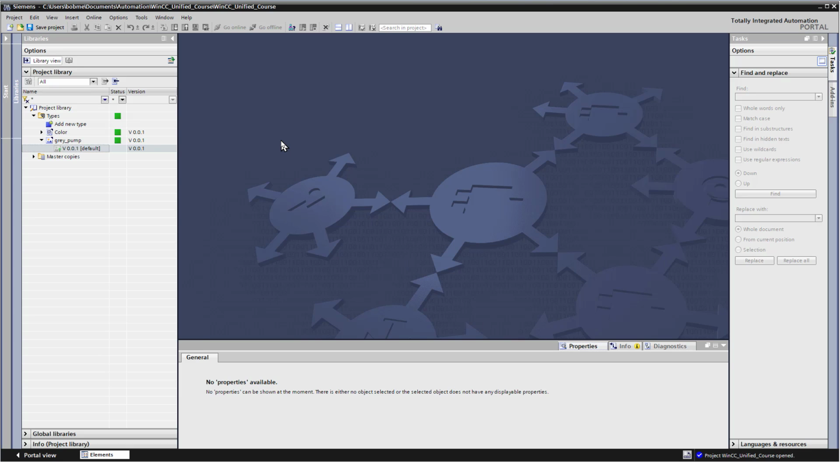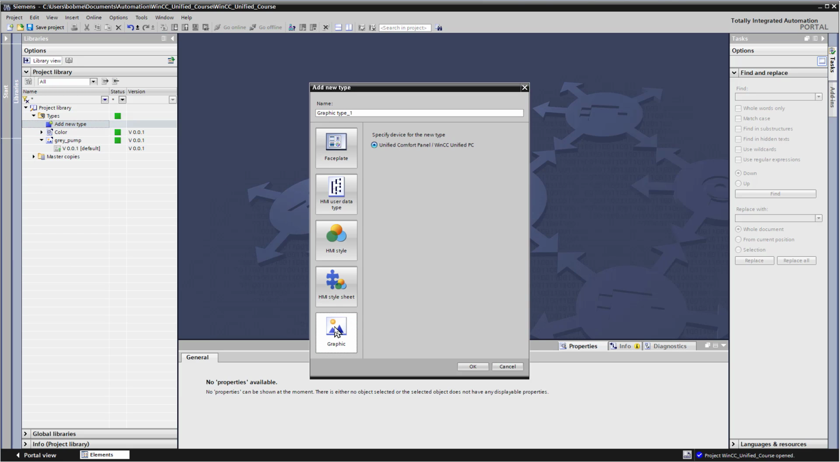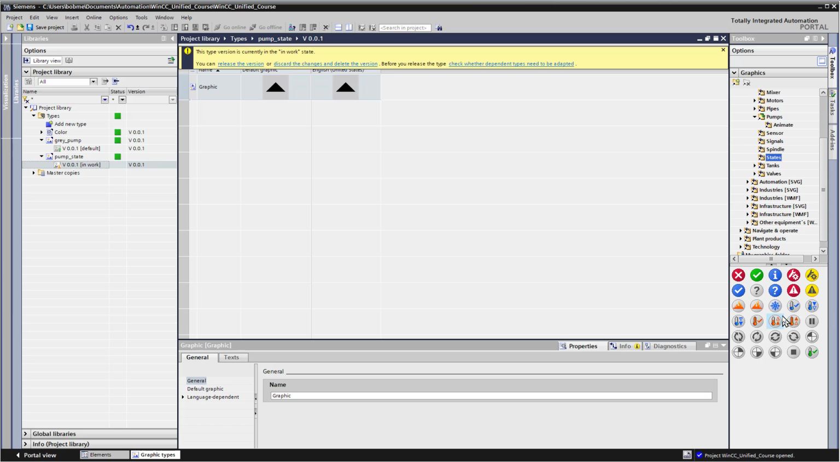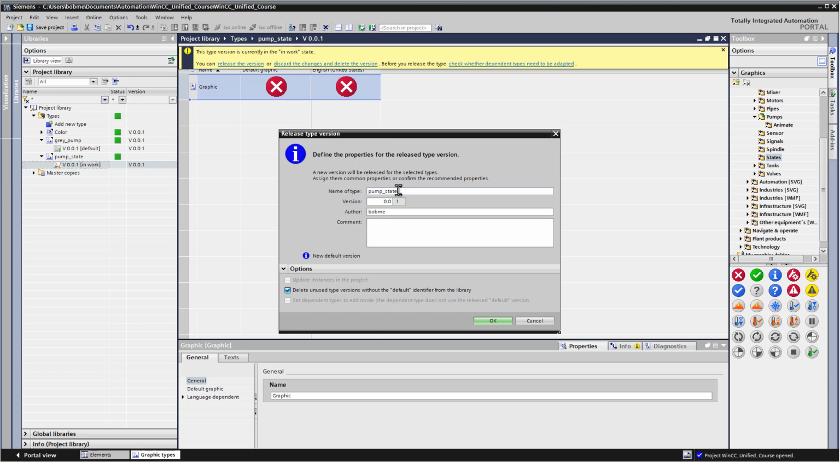Now there's one other graphic I want to create. We're using a checkmark and an X box to show whether the pump is on or off. So we're going to repeat that and add another type, which is of type graphic. And we're just going to call this pump state. And we'll click OK. And this time we'll go to states, and we'll start with the X. And I'll release that, and we'll call this pump state off